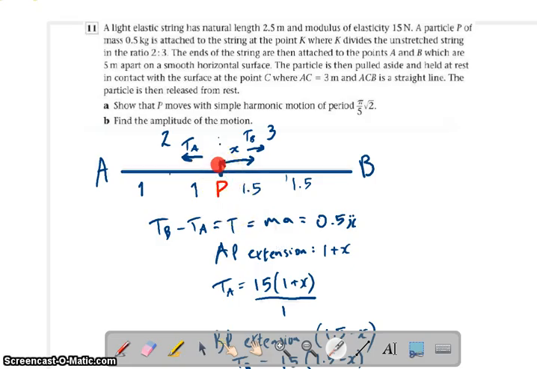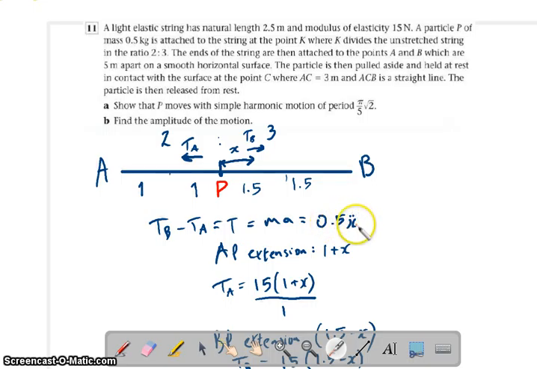So this particle is at point P, and the particle is pulled aside. Now I set it to the right, you can set it to the left and do exactly the same maths and you get the same result, so don't worry too much about that. Now the tension is TB minus TA. Okay, that gives you the total tension. So this side is biggest, leaving that one positive, and that's equal to mass times acceleration, which is equal to